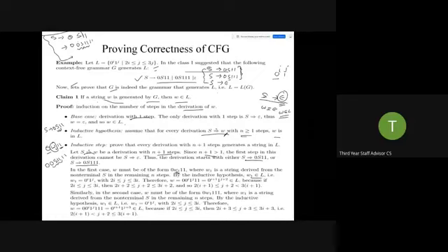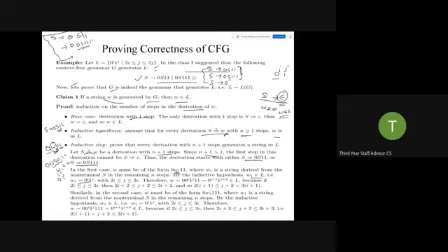By this induction hypothesis, we can say that w1 is an element of L. If it is an element, in the same way we can say that w1 is derived from S, so this w1 will also belong to L. So how can we consider this w1? It will be of the form 0 raised to i 1 raised to j,